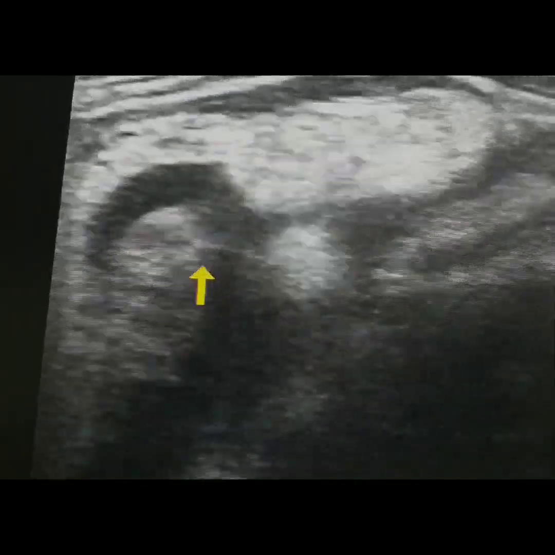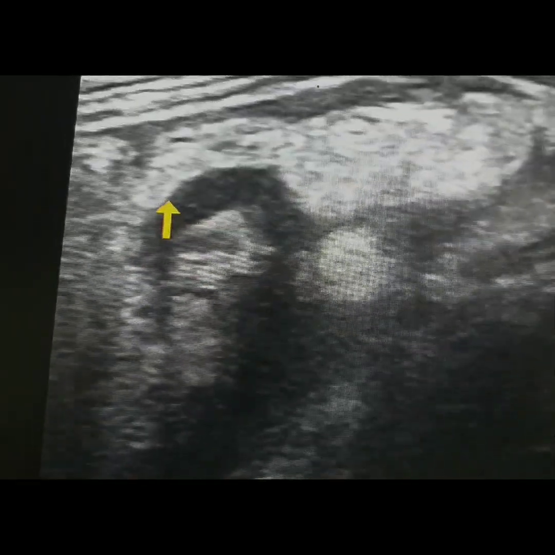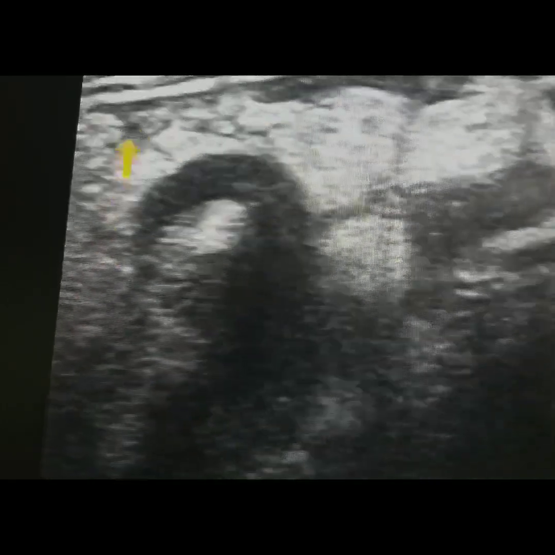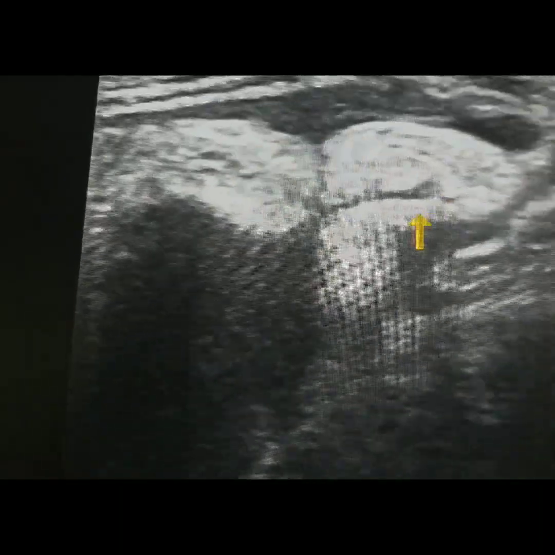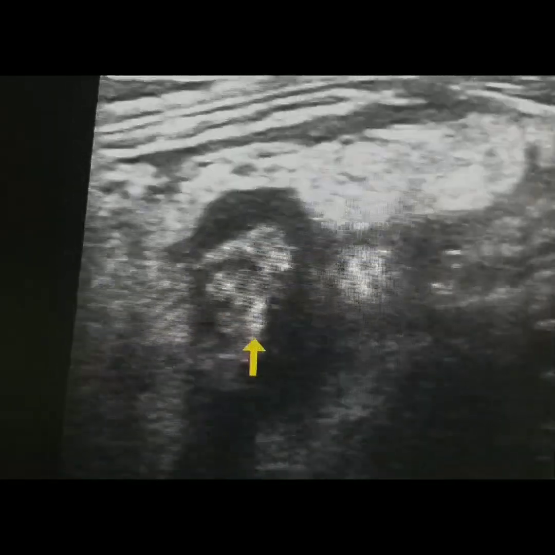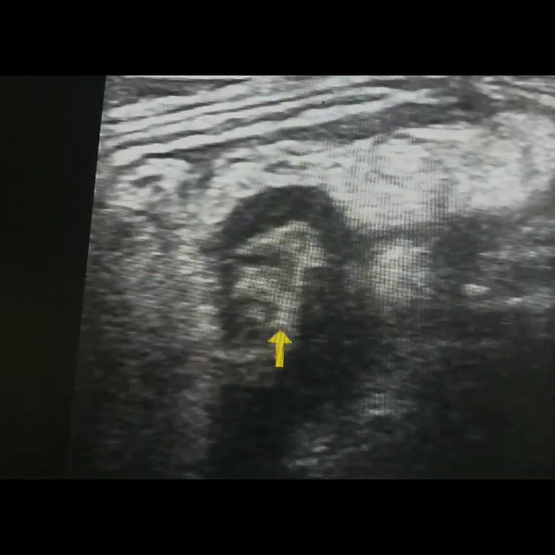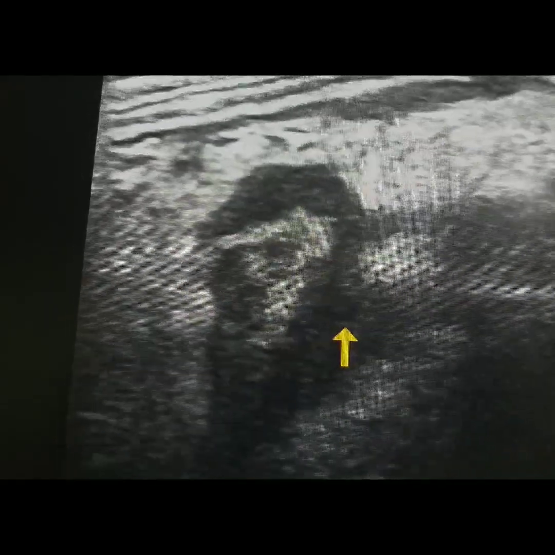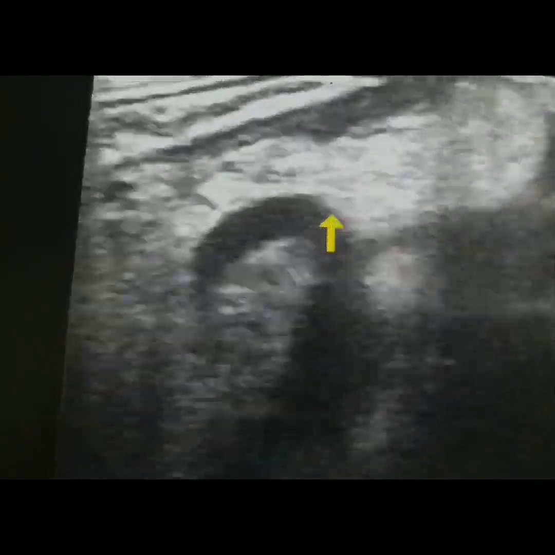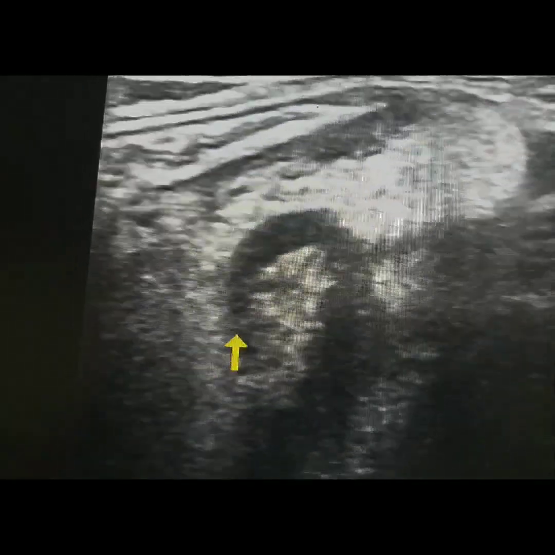So this was the likely case of appendicitis with perforation, and now this has become an appendicular mass surrounded by the omentum and bowel loops. This is the bowel loops. So this was an interesting case, showing how we can see the perforated appendix surrounded by fluid, small bowel loops and omentum.